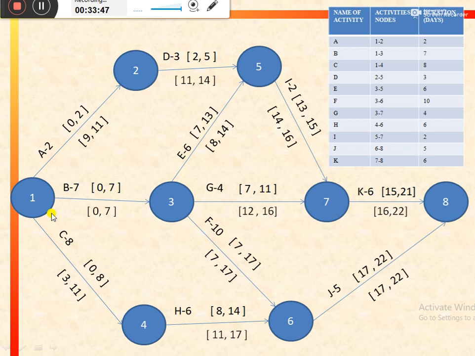Similarly, the third one can be like this, from 1 to 3, 3 to 7, 7 to 8, which includes the activities BGK. So there can be various paths in a particular network,